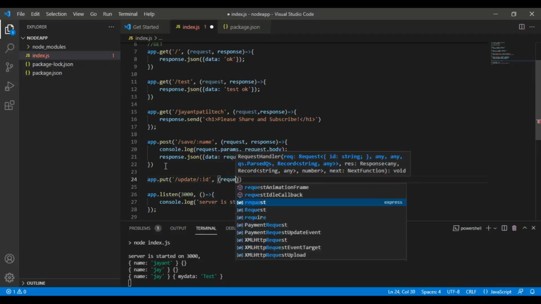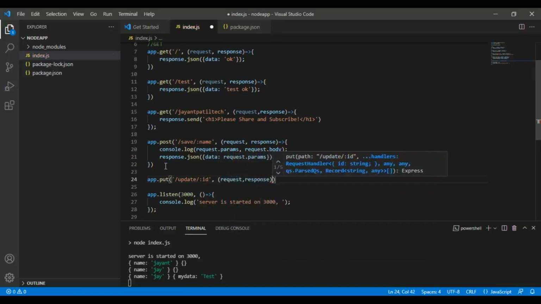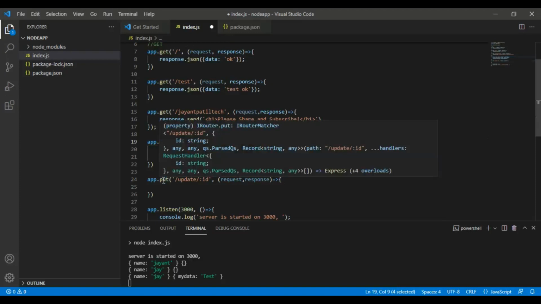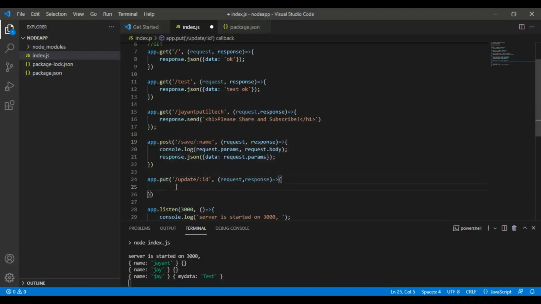Here you have your request and response. The only difference is we are using the put method to identify it is an update method. Here also you will get request param and request body, and you can use them for updating the records. So I'll just copy these two lines here.